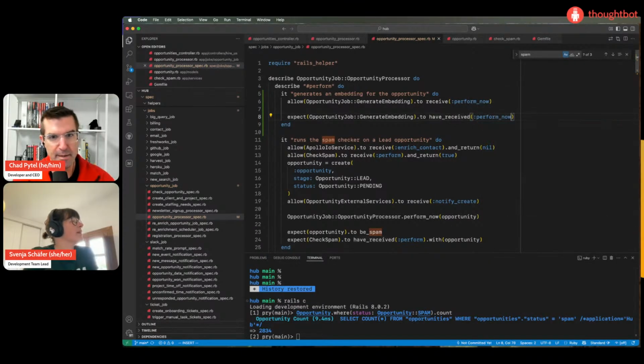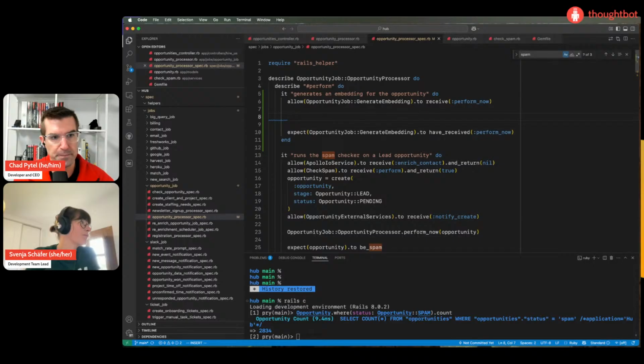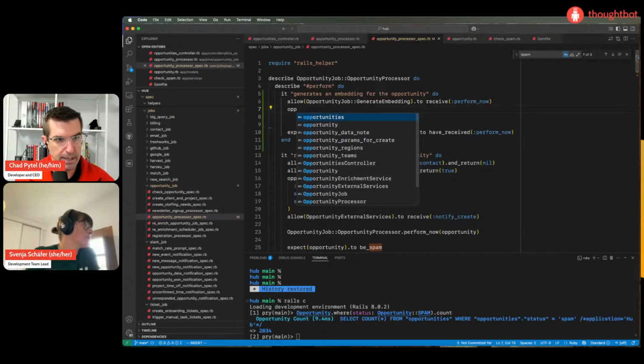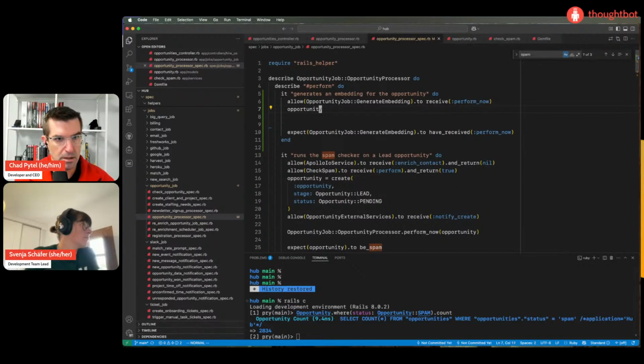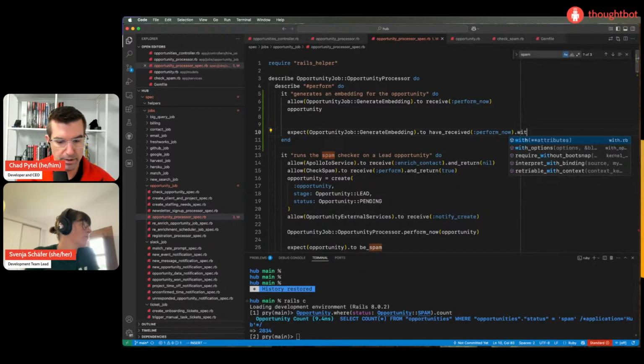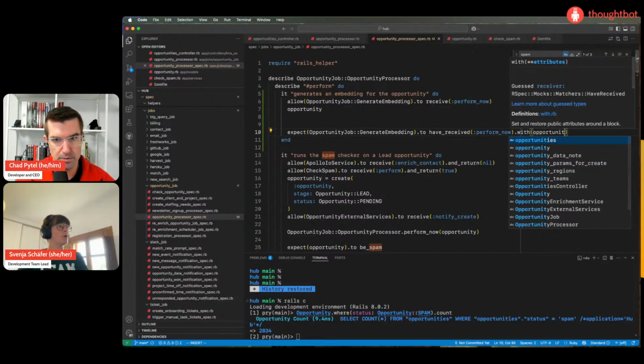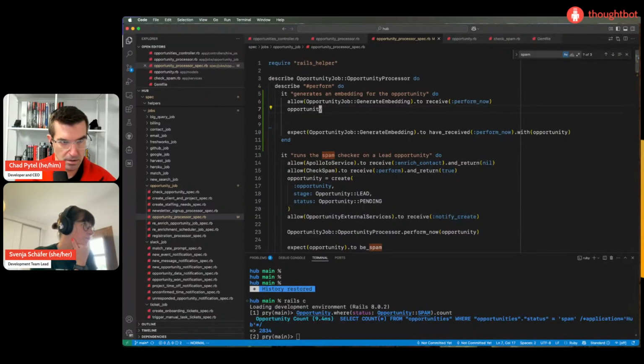Okay, so I'm just setting up that we're going to have this opportunity job generate embedding class. We're setting it up so that it can receive perform now, and then I'm adding an expectation that it did receive perform now. And then we will create an opportunity, and this should be with opportunity.